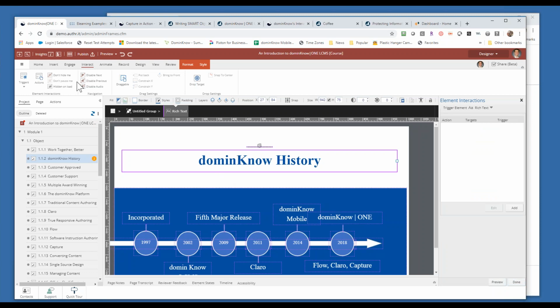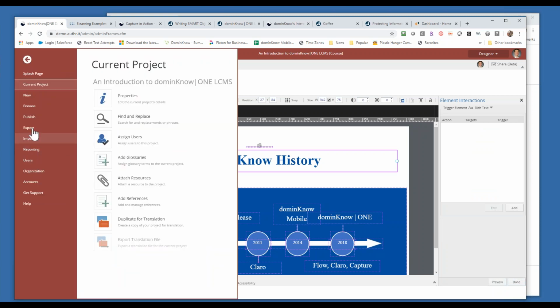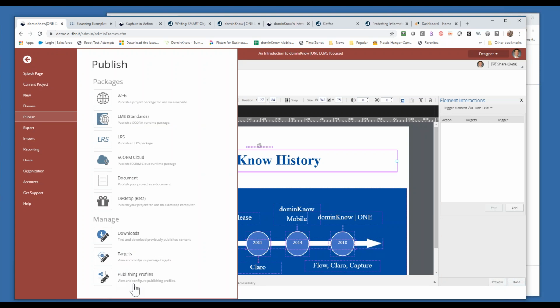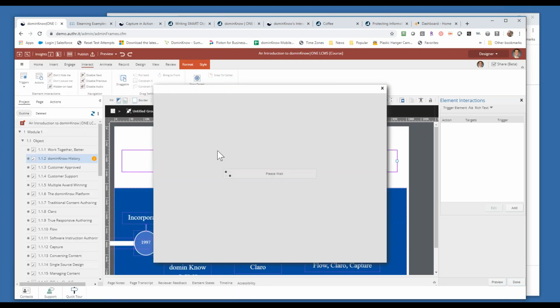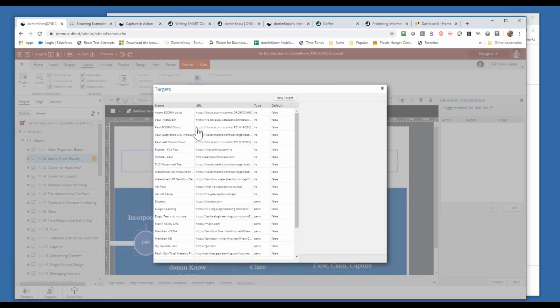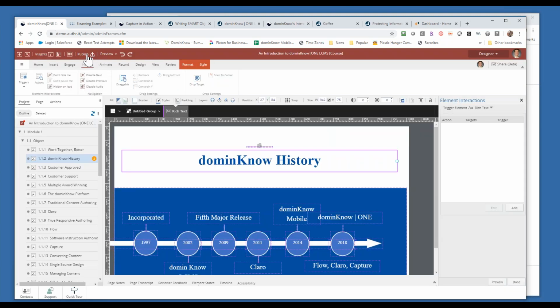And then once I'm done with everything, I do need to make sure that I put in my own LRS targets, which, again, for some reason, is kind of hard in some tools, but literally you just put in the endpoint, the secret and password, and then when you go to hit publish,